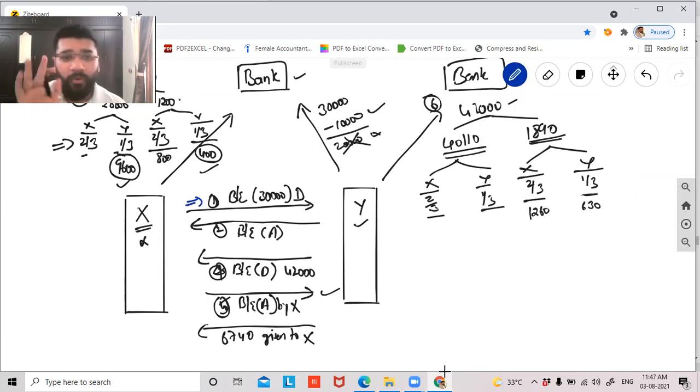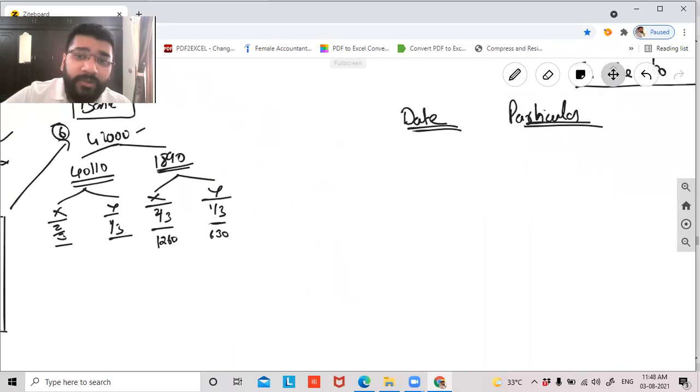No, sir. No. After that, Y is signing on the bill, that is, accepting that bill of exchange and giving it back to X. So upon signing of the bill, will Y have to record any journal entry? Yes, sir. Guys, the moment Y signs the document, it shows that he has a confirmed liability to be paid on a future date. So we have to create a liability entry. So what will be the journal entry, guys?